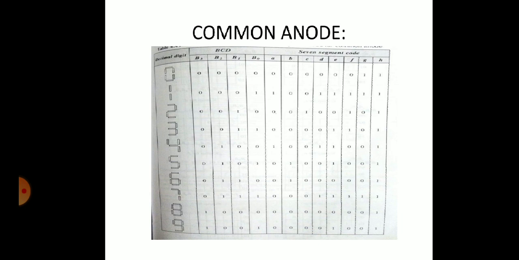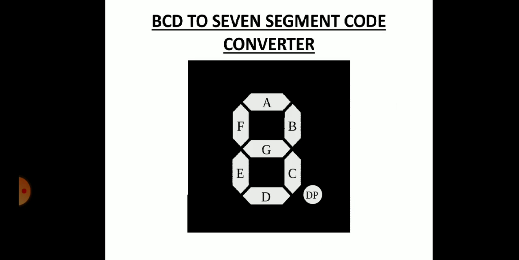Okay. The last one, that is the BCD to 7-segment code converter. What is a 7-segment converter? Normally, in most of the applications, 7-segment displays are used to display the result. The binary code of a decimal digit cannot display directly over the 7 segments. There is a need to convert the binary representations of decimal digit, that is BCD, into 7-segment display code.